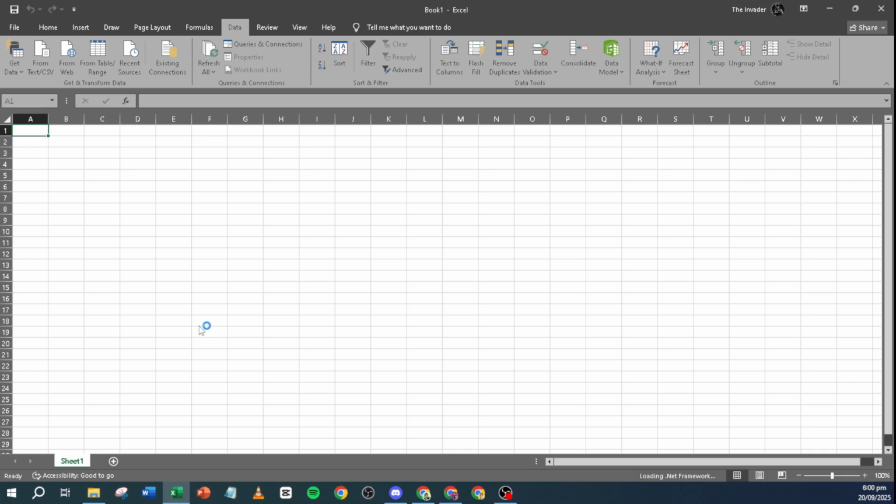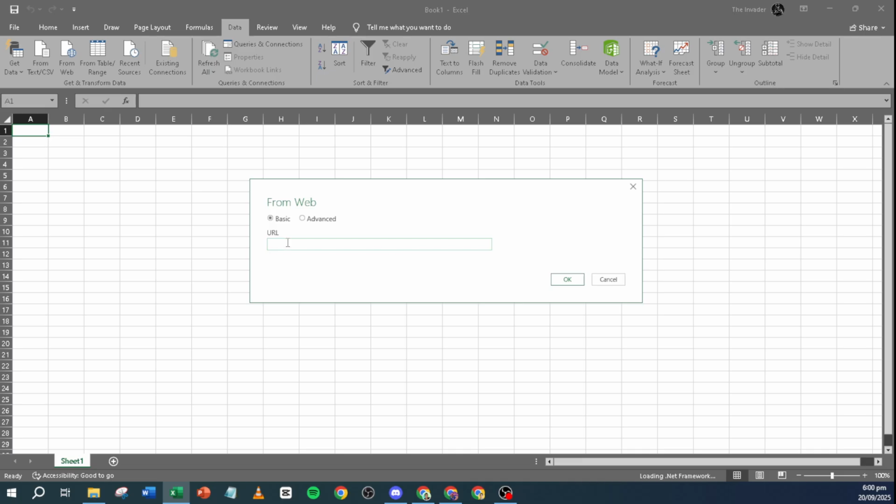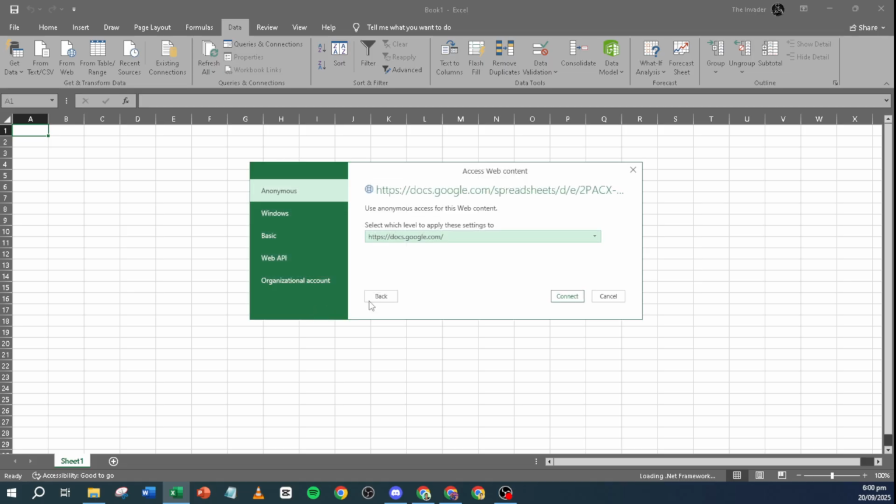At this point, Excel will begin to load your data into what's known as the Power Query Editor. This step may take a moment as Excel processes the URL and retrieves the data. Once it's done, you'll have all your Google Sheet data right there in Excel, ready for you to manipulate, analyze, and work with as needed.